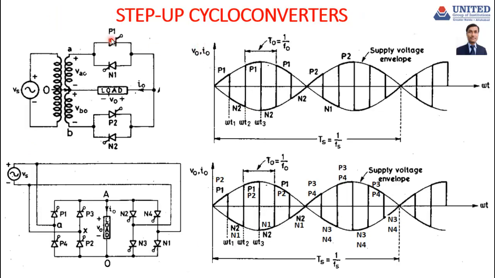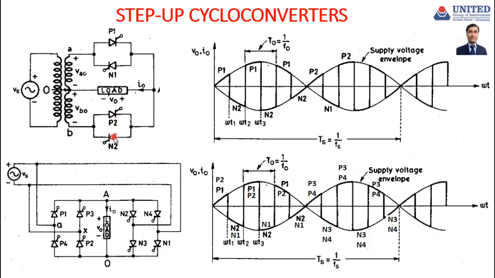Now let us see the step up single phase to single phase cycloconverter. Here we see that there are two configurations, center tapped configuration and second bridge type configuration. Here we assume that the load is resistive type. So here in the midpoint cycloconverter configuration, we see a single phase transformer with a mid tap on the secondary winding, and there are 4 thyristors P1, N1, P2 and N2.